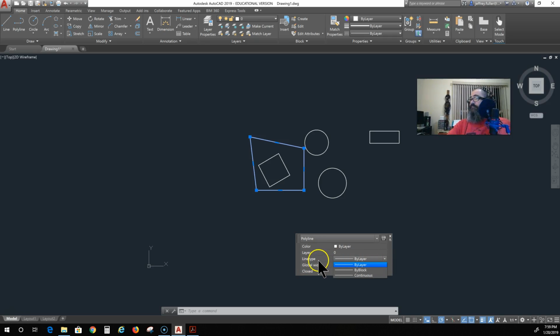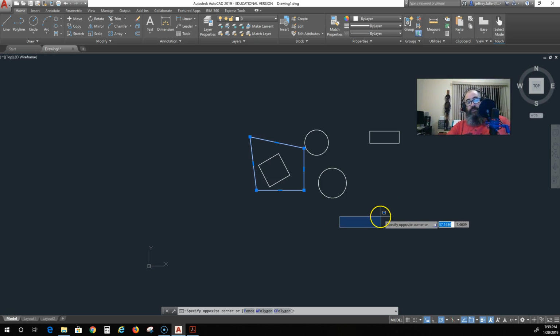Okay, and of course if I had already loaded some other line types up here, that's kind of an advanced topic, I guess, but you would actually see more line types in here if I had used them already. But for right now, just note that's where you would do it at. Global width, I've never had anyone ask me that one. And then closed, yes. So if you have the object is, let's say, not a complete